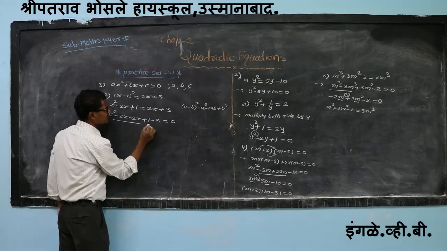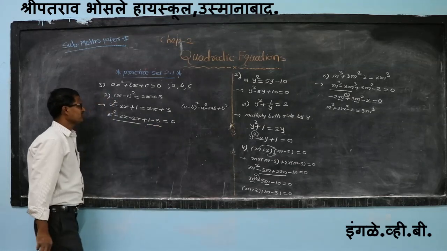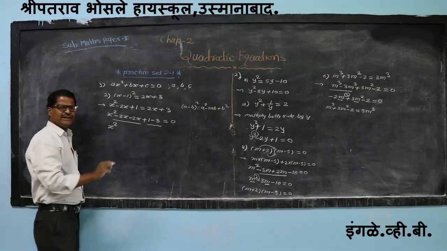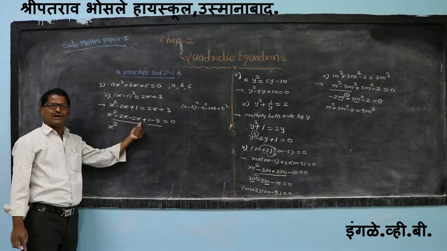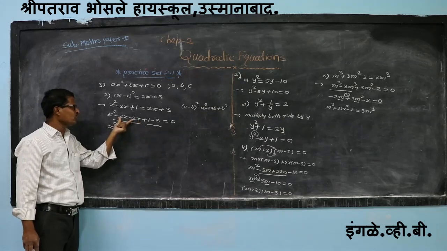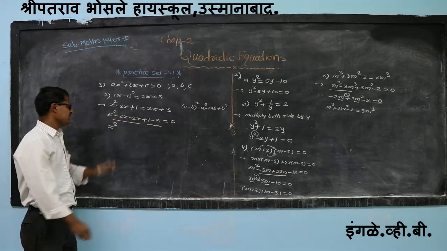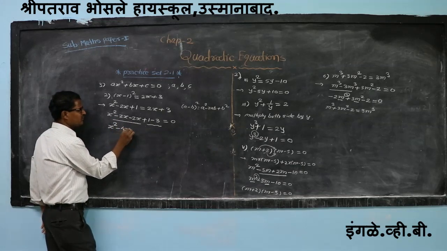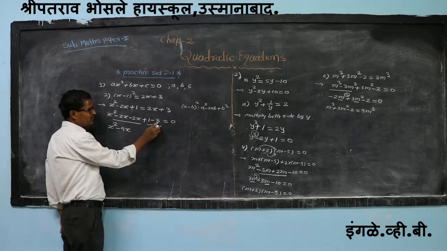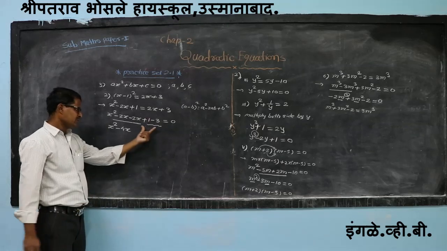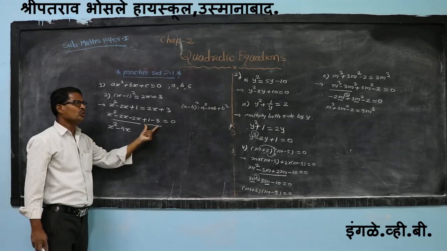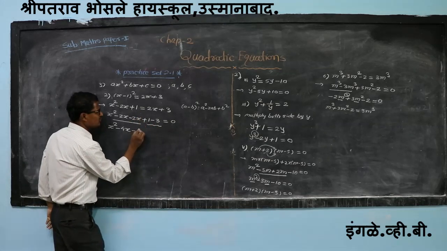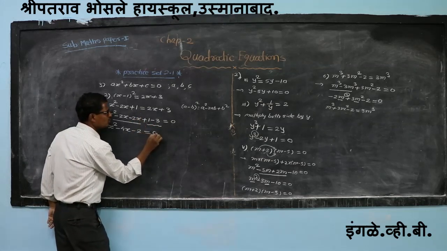These are like terms, these are also like terms. So x square, both are negative; minus 2x, both are negative, so take the sum and put the minus sign. So minus 2x minus 4x. Here 1 is positive, 3 is negative. The signs are different, so take the difference between them. The difference between them is minus 2, equal to 0.